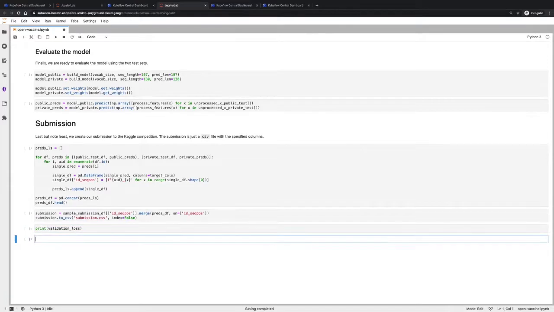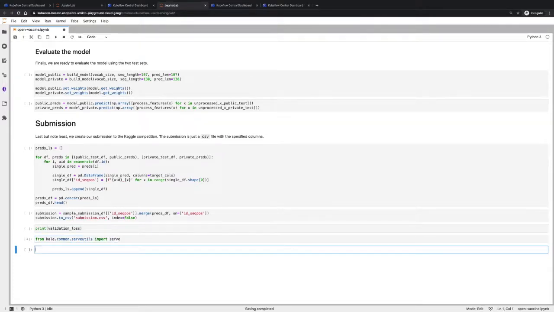Okay, so now I have my best model here in the notebook, and I want to serve it. Kale provides a very simple and convenient API to serve the model. Let's see. I can import from kale.common.serveutils import serve. And now I want to use this function to serve my model. It's just as easy as saying serve model. But then I also want to